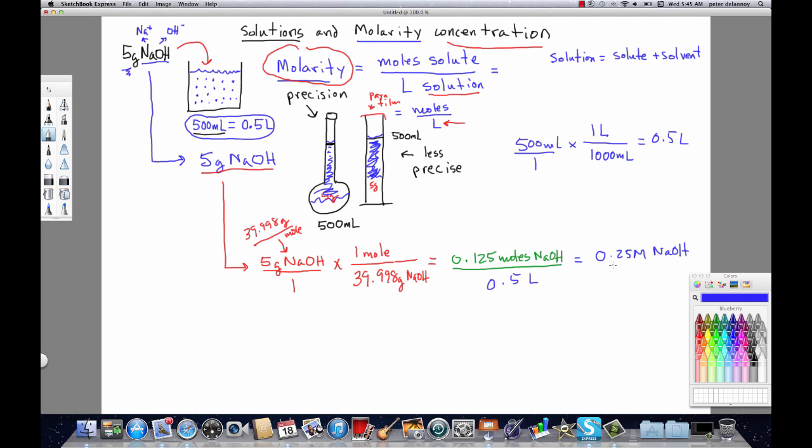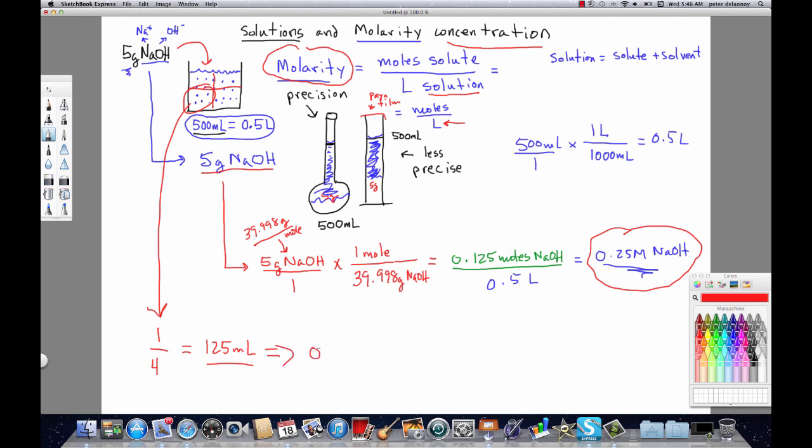Now, in finishing, this concentration unit represents how these particles are dispersed throughout this volume. And now we have a situation where we have a solution and we know what the dispersal is. So we can cut this solution into fractions if we want. So for example, if I split this volume into quarters, and we pull a quarter of this volume out, which is equal to about 125 milliliters. Now it becomes very simple to know how many particles are in this, because I can convert this number into liters,